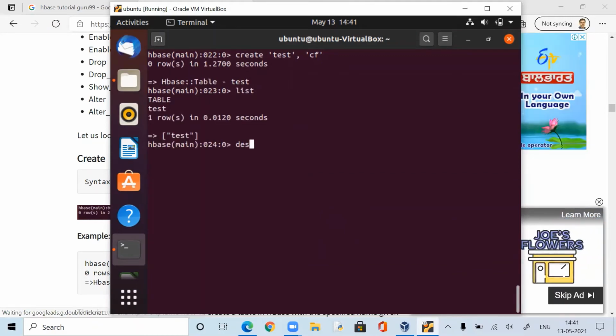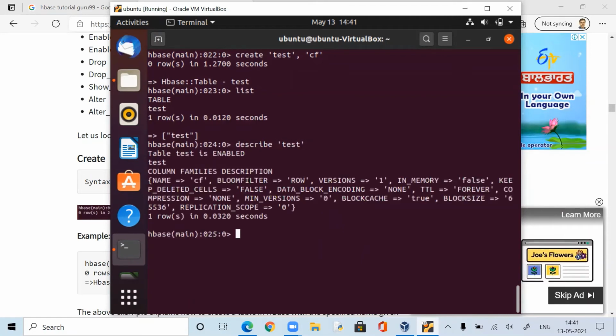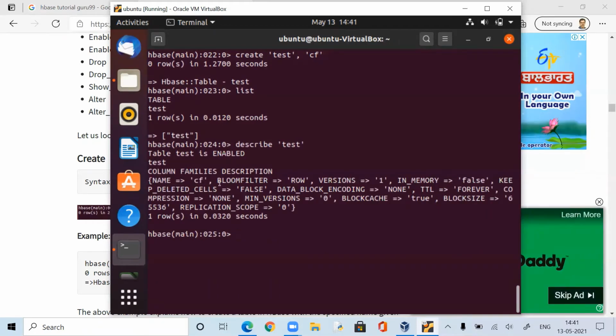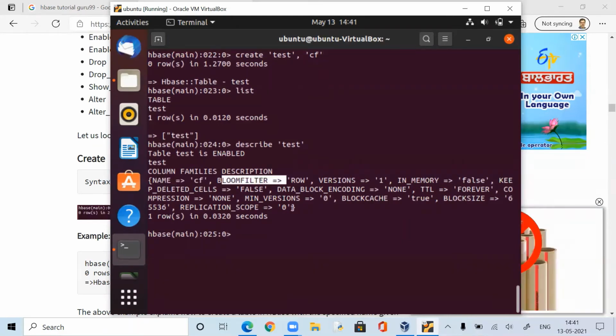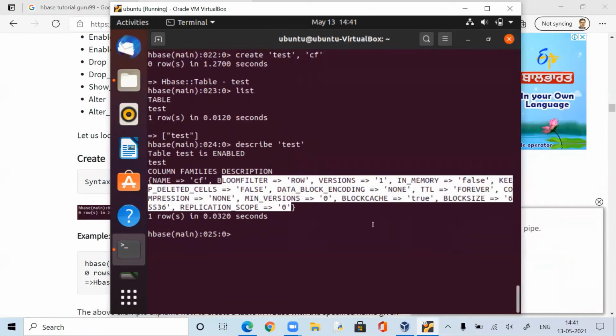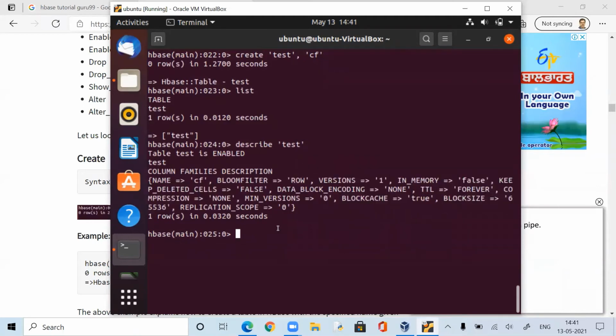Now I can use describe, test. This is actually the description. I got a column family, and that column family is referred to by a name. These are all other ancillary information like metadata, kind of. We're not interested in that.